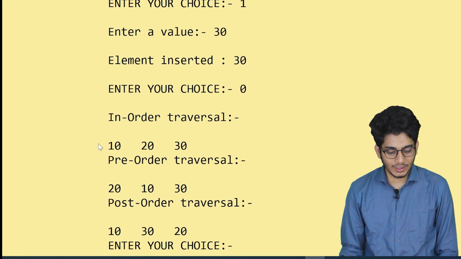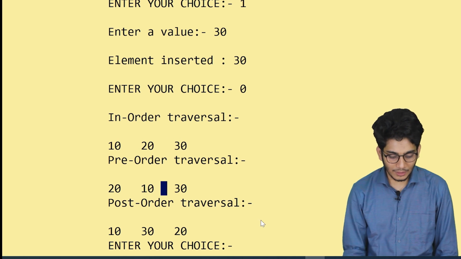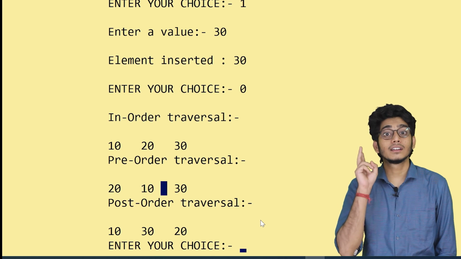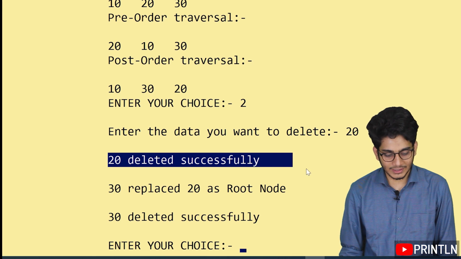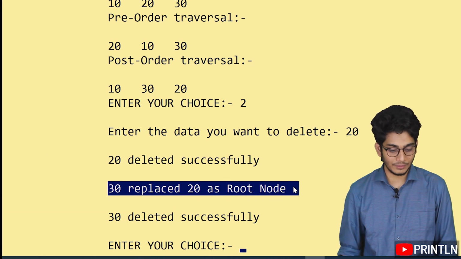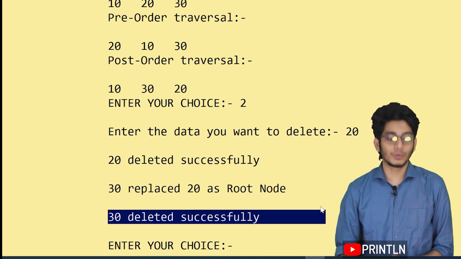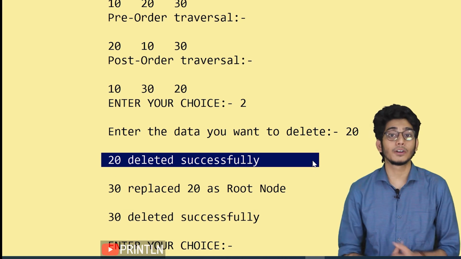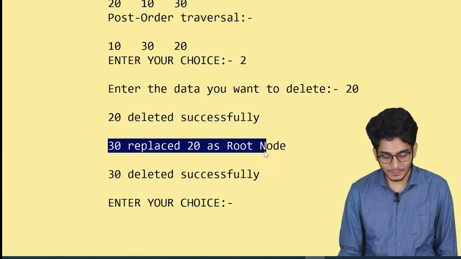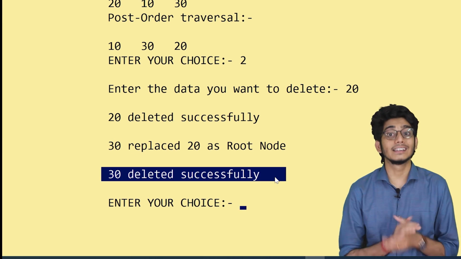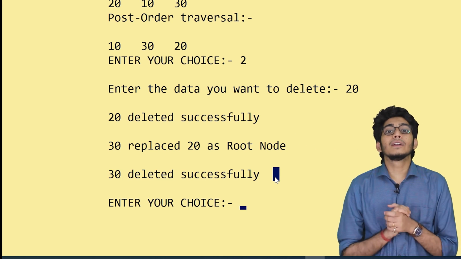So this is the updated tree. Now 20 has two children. One is 10 and another one is 30. Now we'll delete 20, that is the root node, with two children. You can see that 20 deleted successfully, 30 replaced 20 and 30 deleted successfully. I have just written this 20 deleted successfully for your simplicity. What we are performing, basically, we are replacing 20 with 30. You can see that 30 replaced 20 as the root node. Then we are deleting 30 from that existing subtree. So this is how we can perform the